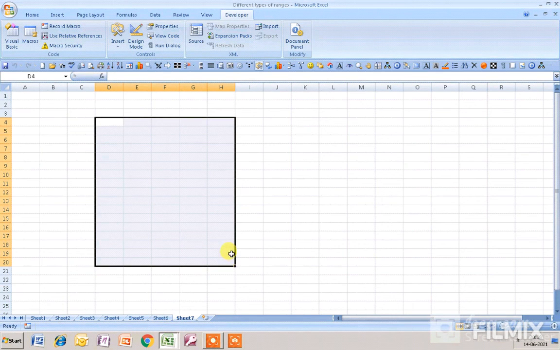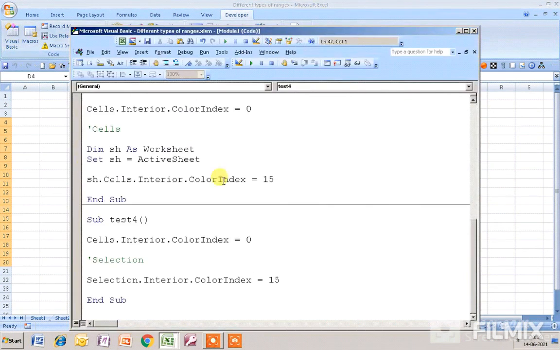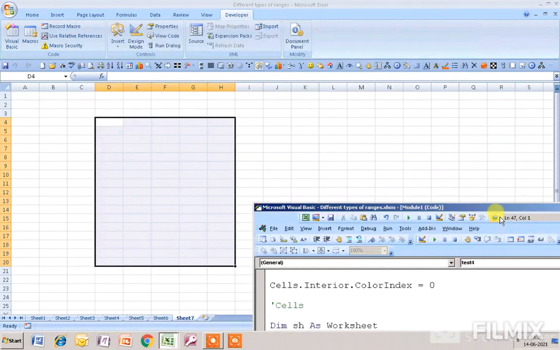Okay, and I go back to the Visual Basic, and if I run the code, then you will see that only in this particular range the macro will run. You can see the changes in this particular range only.